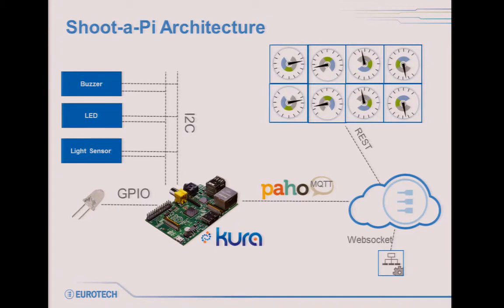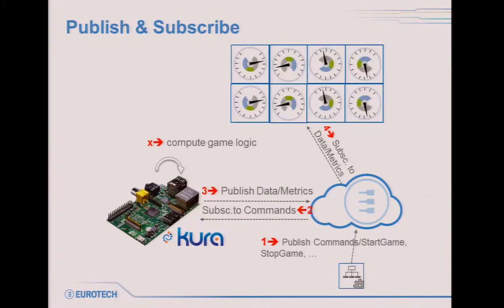The Raspberry Pi via MQTT communicates with Everywhere Cloud, that is the cloud platform made by Eurotech. It runs on Amazon servers, so on a public cloud, and via REST APIs, they have the dashboard interface, seeing what is your score and what is your score versus the score of the other competitors. And then via WebSocket, you have the remote control of the game, so you can start and stop and send commands from your PC through the cloud up into the Raspberry Pi to your embedded application. So a real end-to-end IoT application.